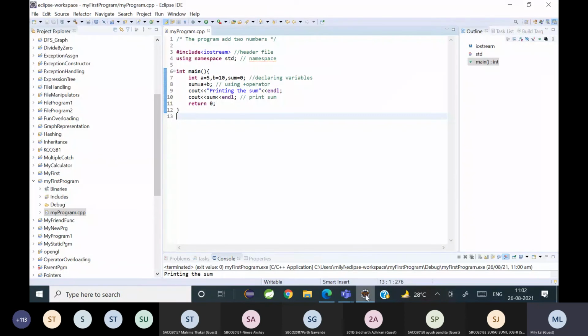I haven't shown how to accept input. For example, if I'm writing A equal to B, I'm going to write it like this.